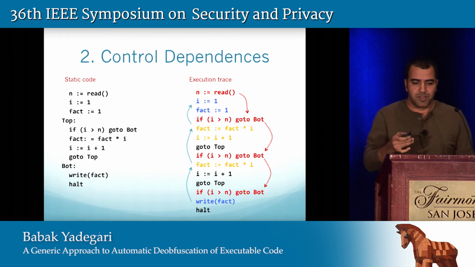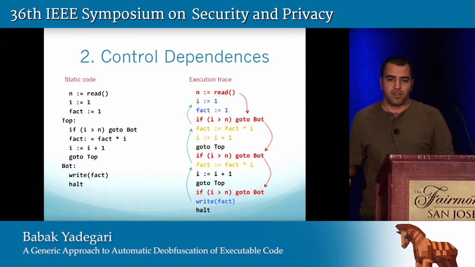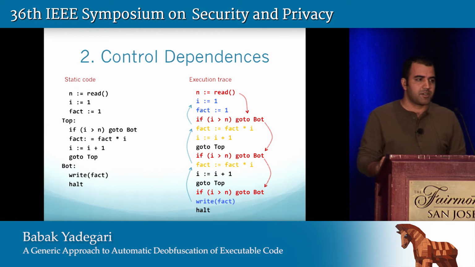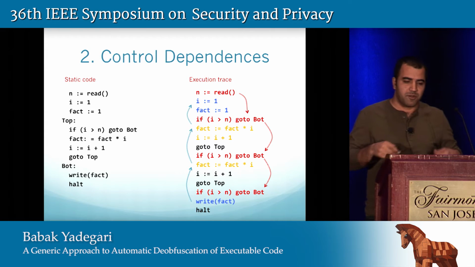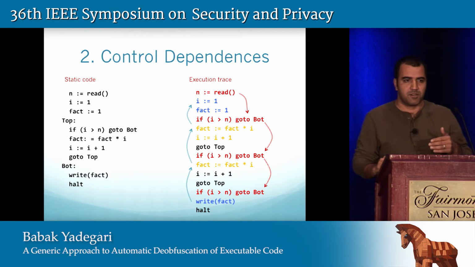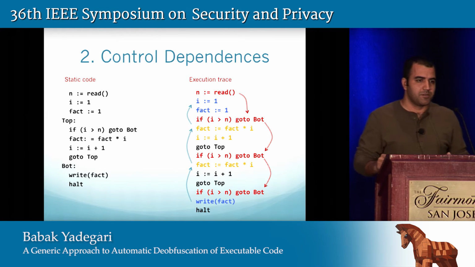And here, the purpose of the control dependencies is that we find all those instructions that are affecting the output, but are potentially subject to simplification. But the thing is, they are being controlled by some input values. So, for example, here, the multiplication of fact is dependent. The number of times that this multiply is being executed is dependent on some input value. So, for simplification, we don't want to simplify this part of the code. So we find these control dependencies, and